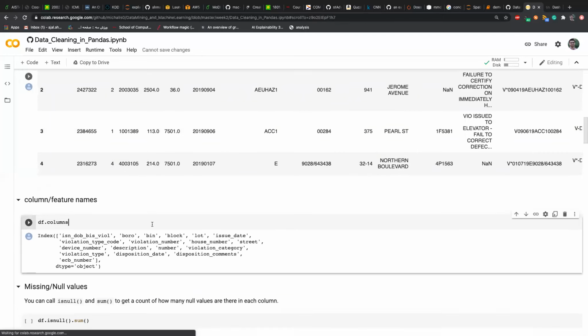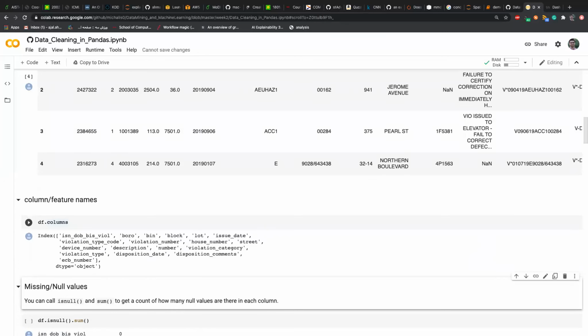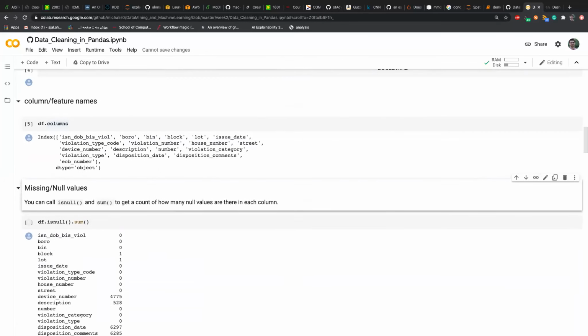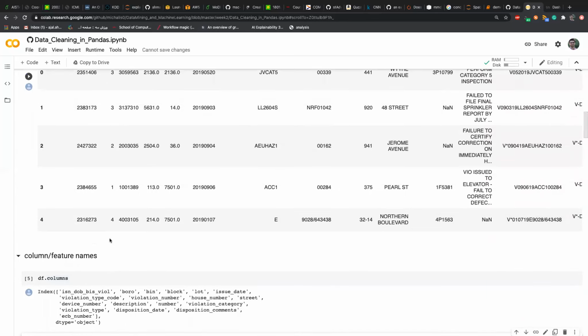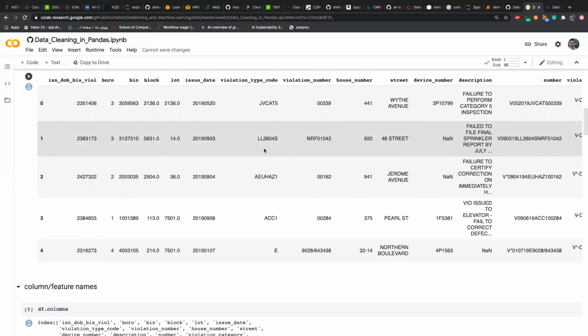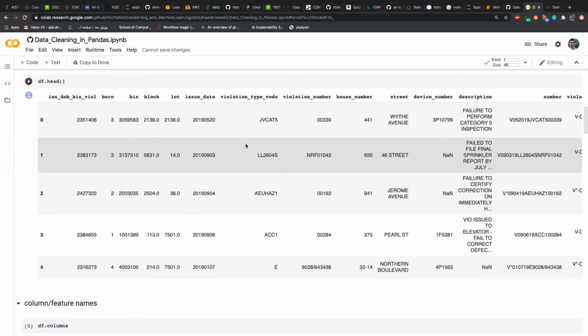Here we can see the column names. I guess it's not new for you. So the first thing that you want to know about a data set when you are cleaning it is basically how many null values or how many missing values are in the data set. If you just look at these first 5 rows that we demonstrate here, you can see that,